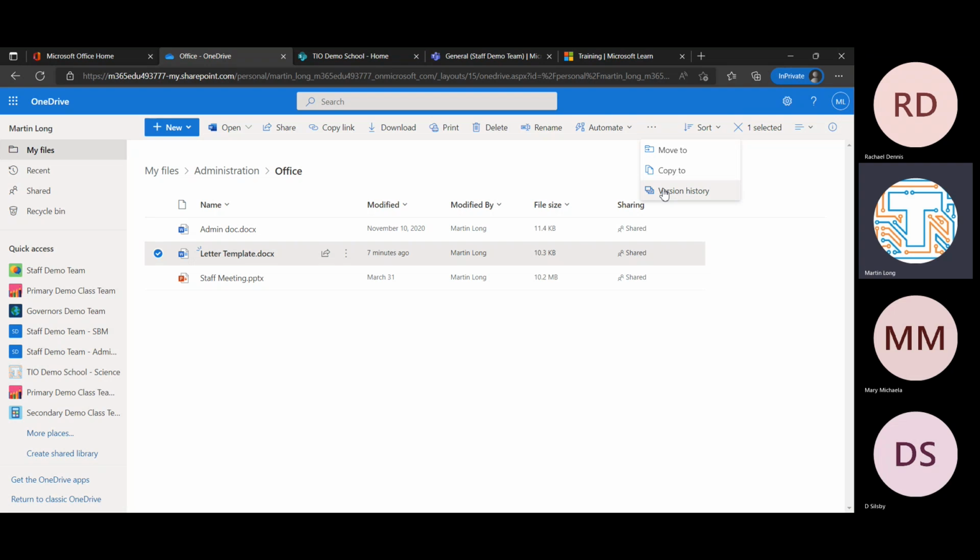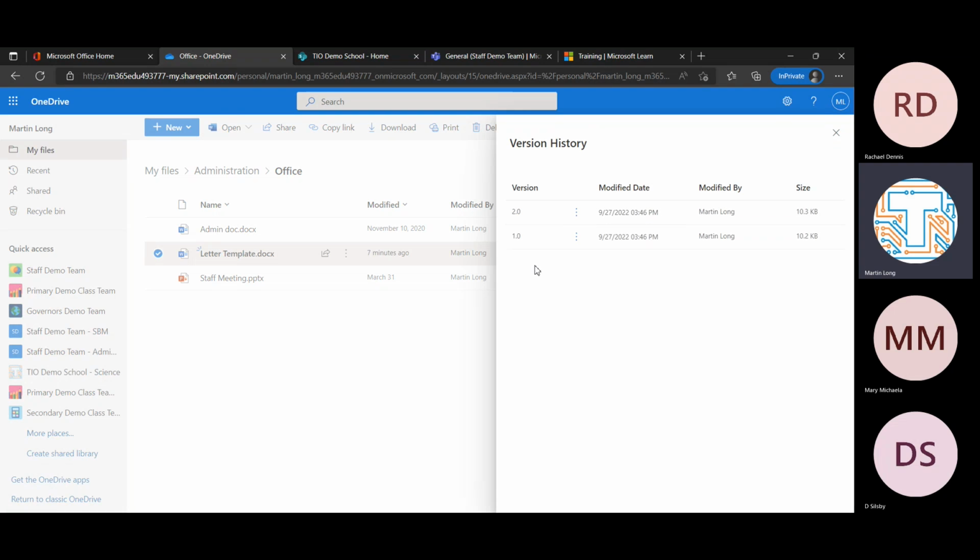If you want to, you can also see the version history. This is really powerful. So once I've got it ticked, if I click version history, I can see I've got 2 versions. I've got a version 1 and a version 2. If somebody comes in and they edit it and they mess up my default work, I can click the 3 dots and restore, and I can leave the version that's where it is now intact, and I can restore and get the previous original version back to my OneDrive by pressing the restore button, or I could delete those previous versions,